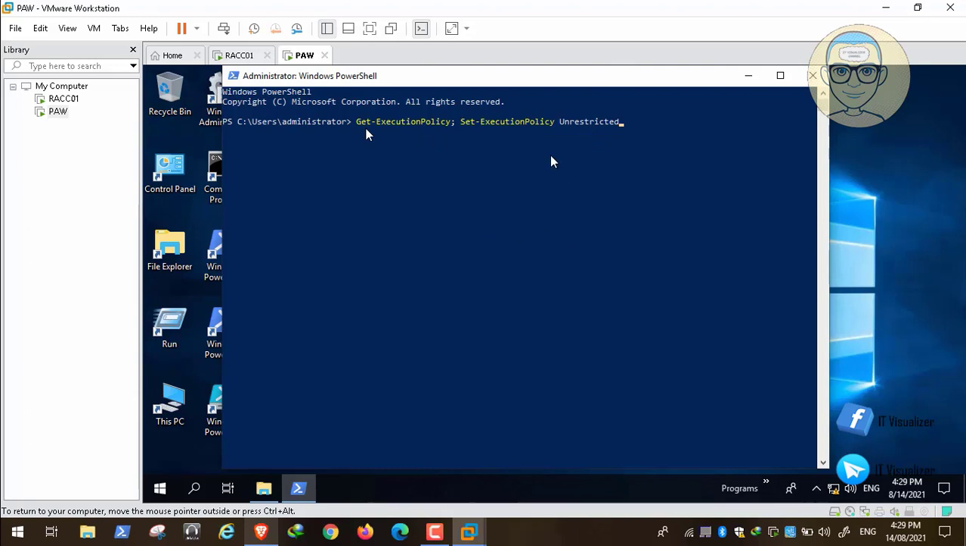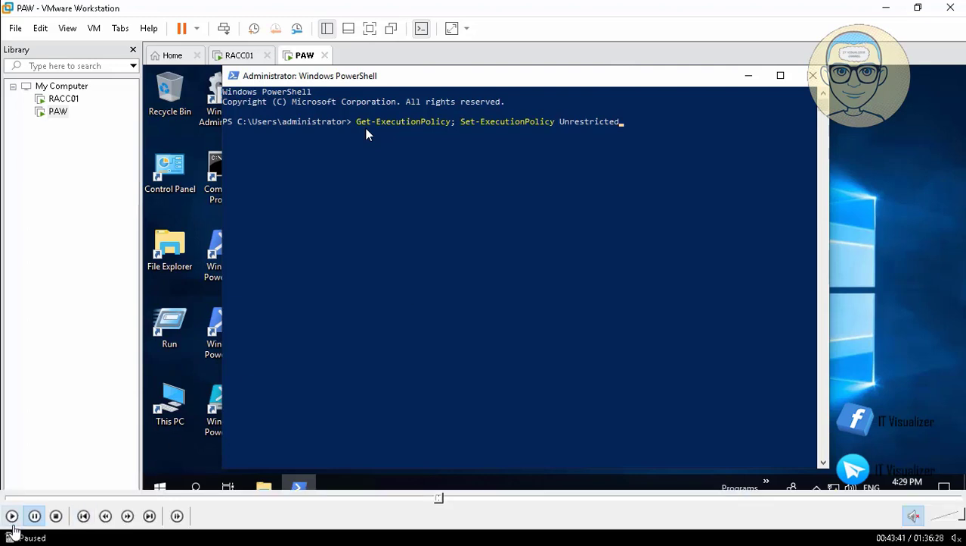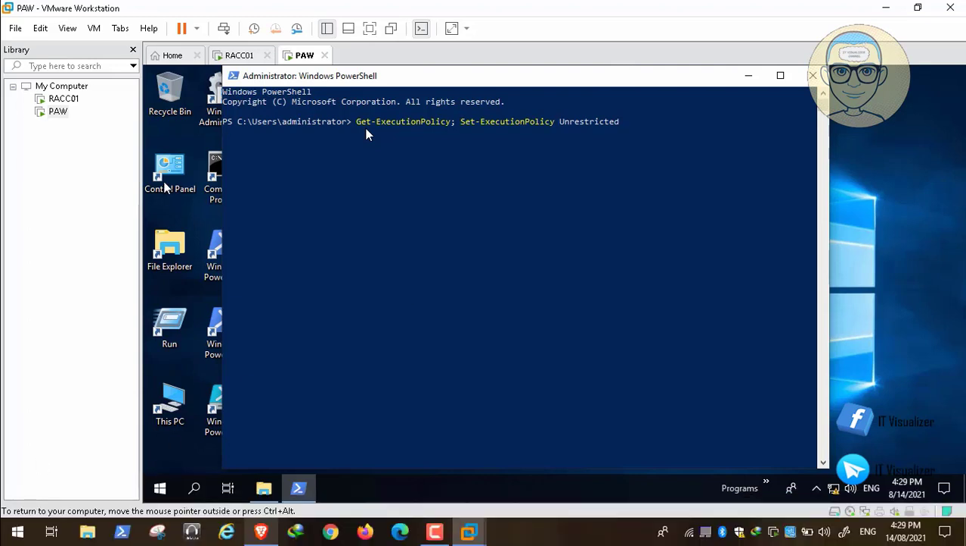We will do this because this will be a very secure terminal or workstation, and we will need to run a lot of PowerShell scripts remotely on the server and other things. So we need the PowerShell execution policy on this machine to be unrestricted for all. So you need to type this and press enter,